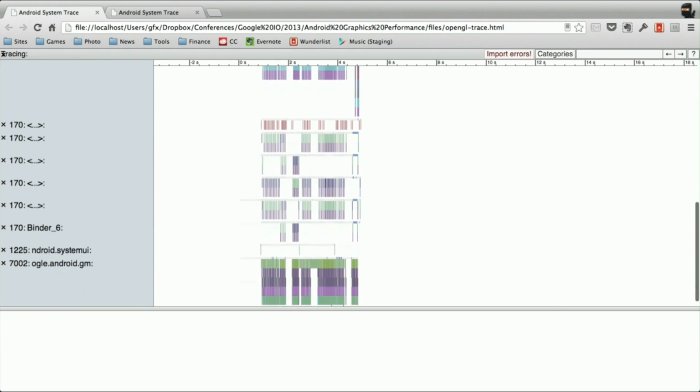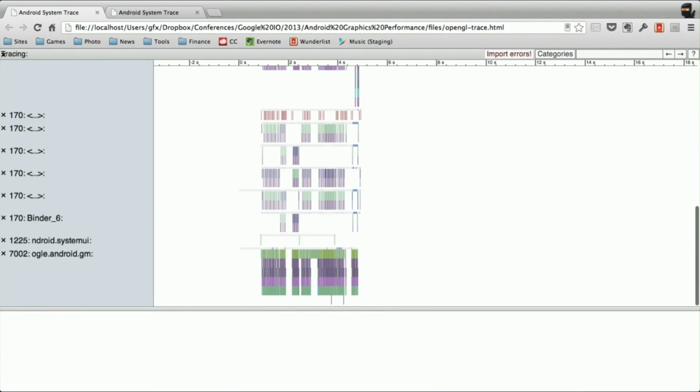So this is what a systrace file looks like. It is pretty scary, but it's actually really cool. So at the top here, you can see 3 CPUs. And if I zoom in, all the way,